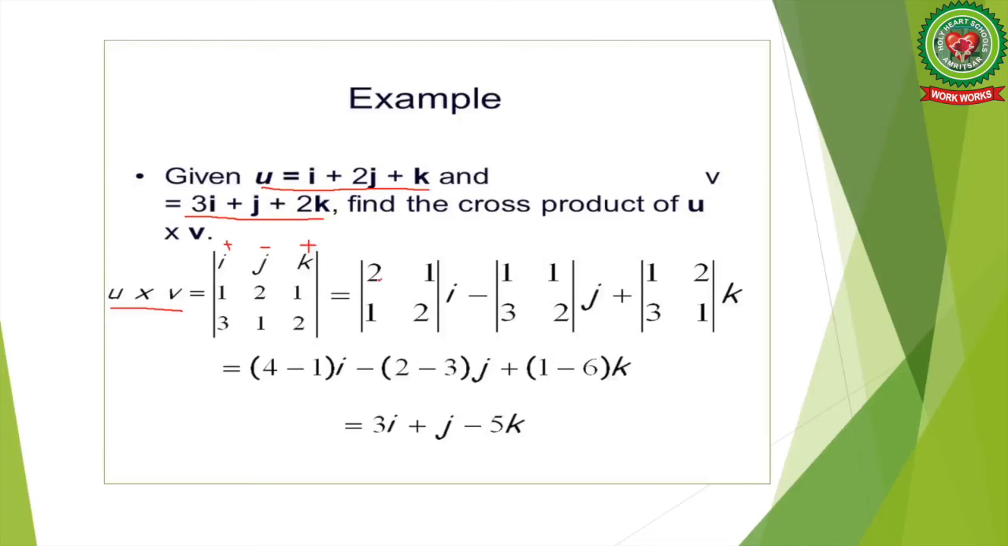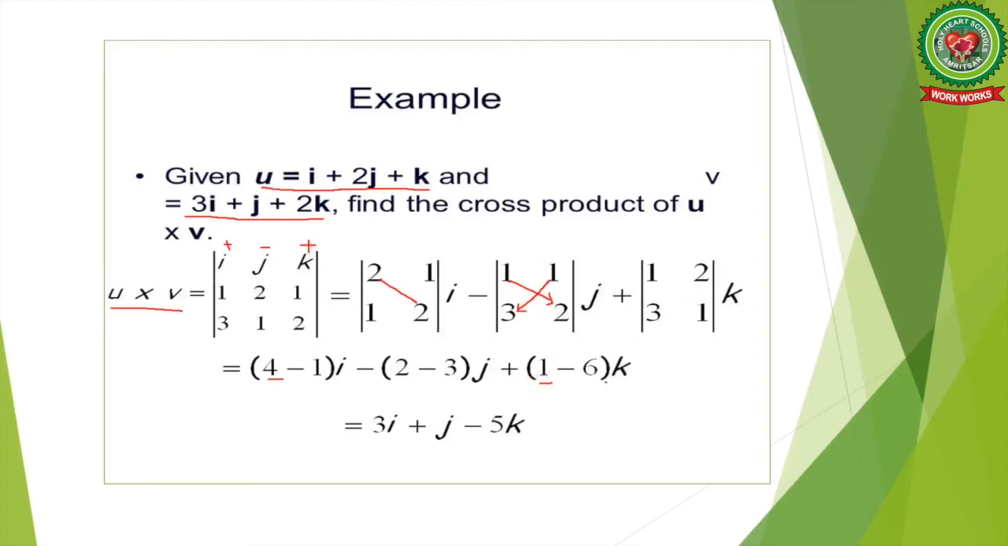Now what you have to do? First of all, from left to right. 2 into 2, 4. Minus. Compulsory, you have to always put minus, no plus here. Minus 1 into 1, 1, right, minus 1 into 2, 2, 1 into 3, 3 with minus j, plus 1 into 1 again 1, minus sign as it is, 2